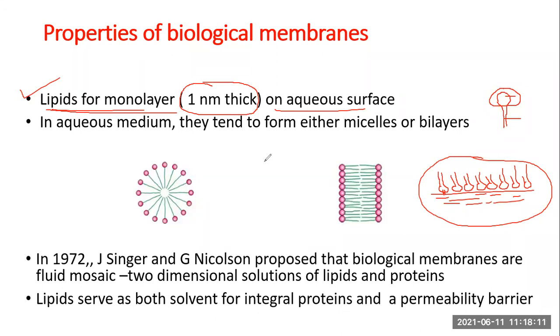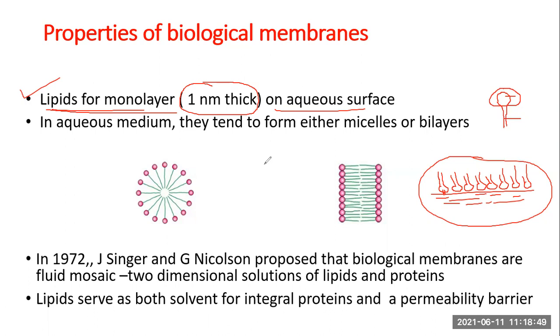If I have to give you an example to make things easy to understand, if you spread about 2 ml, 3 ml of your kitchen cooking oil on a water body, it can form a monolayer in about half an acre water body. Half an acre means something like 20,000 square feet. Just 2 ml, 3 ml of cooking oil, when spread on an aqueous layer, can form a 1 nanometer thick monolayer in about 20,000 square feet of area.